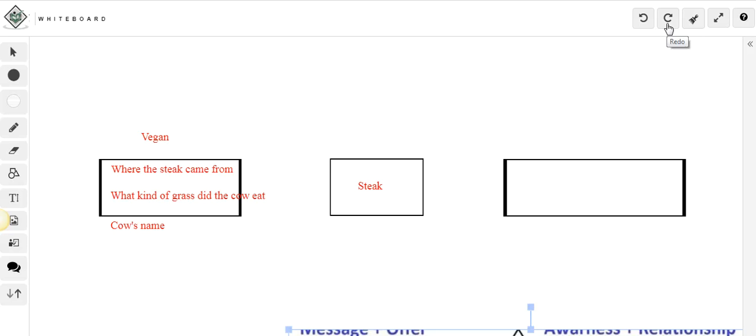Now, here's an ingenious idea. If we are selling steak, why not just go to a meat eater and say, hey, I've got grass-fed steak here. It's amazing. It's delicious. The meat eater is going to ask questions like, how much does it cost? How many can I buy? And if you get to them when they're hungry, they're going to ask, can I get it today? That's what I mean by targeted.